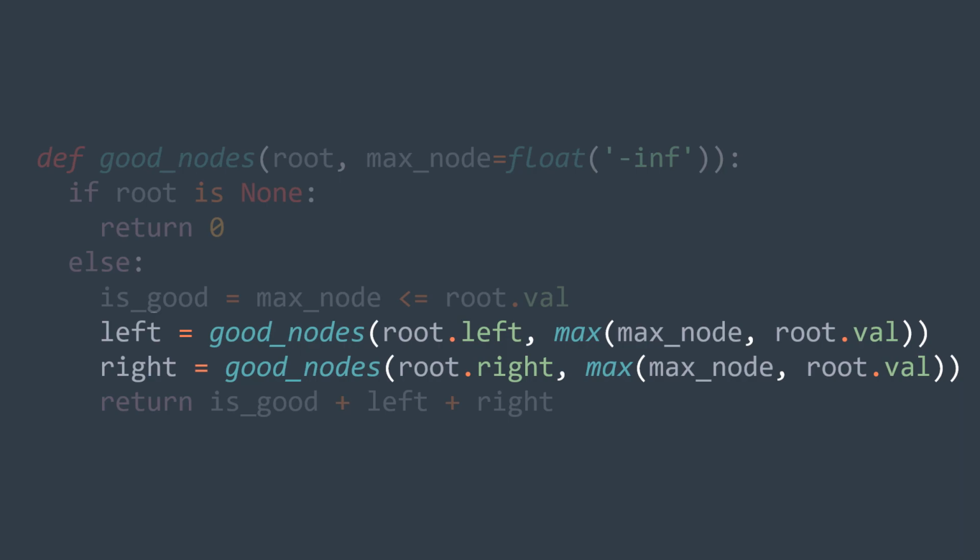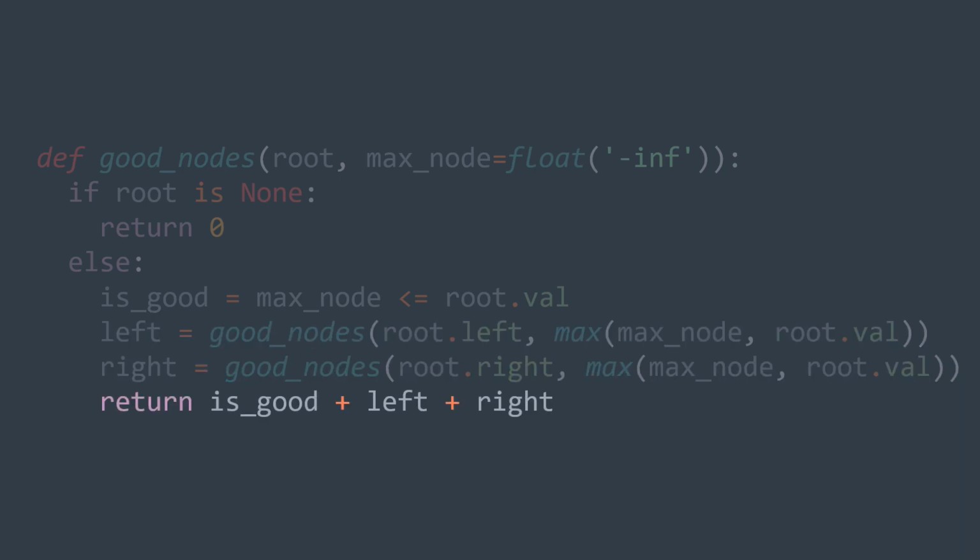Now that we got it from both sides, we return isGood plus left plus right. I know that isGood is a boolean, but in this expression, it will be equal to 1 if it's true and 0 if it's false. We did that because we want to add 1 when the actual node is good and 0 when it's not. You can see that this type of solution follows what I told in how to solve almost every binary tree problem video. I told you that in the recursive case, we call the function on the left subtree, we call the function on the right subtree, and we join the results. And it's exactly what we did here.